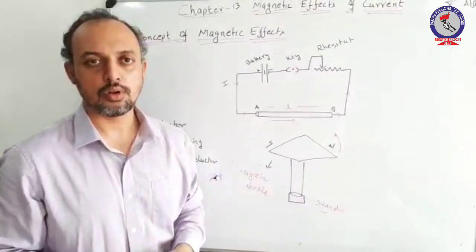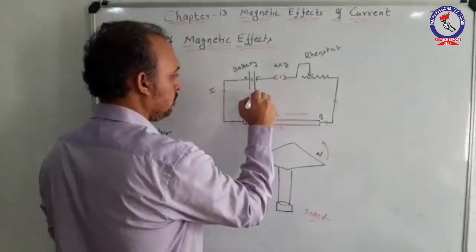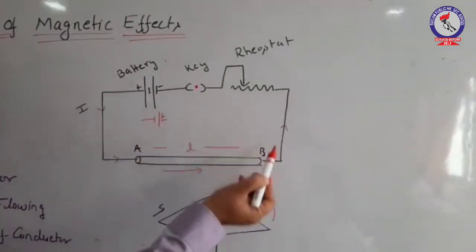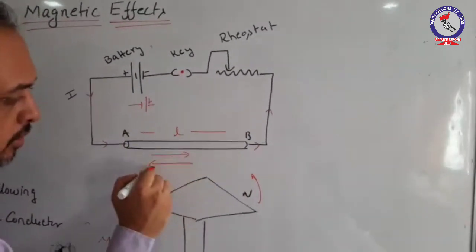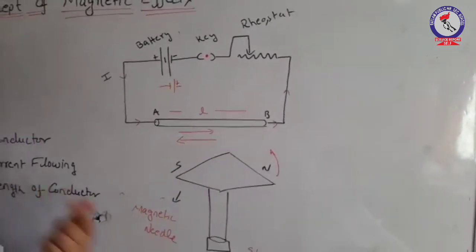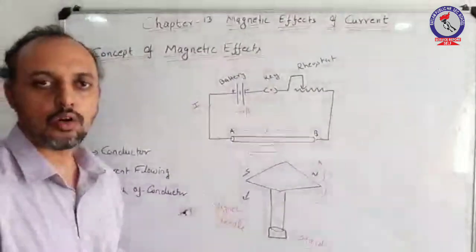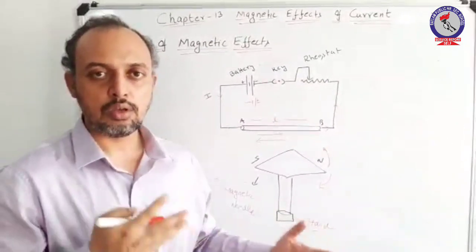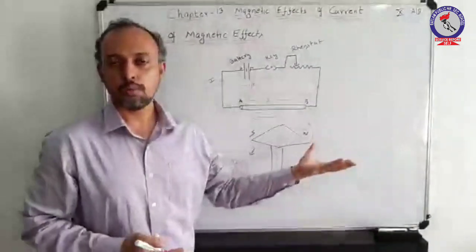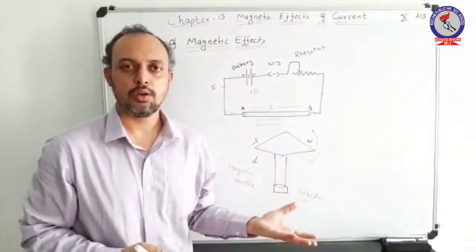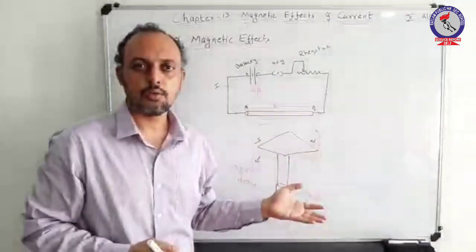On changing the direction of current, that is, on reversing the current, applying the positive terminal to end B and the negative terminal to end A, we observe that the direction of current is changed. On changing the direction of current, the direction of deflection in this given needle also changed. We summarize this with the concept that a magnetic needle can only be deflected by a magnetic field, which simply implies that this current is creating a certain magnetic field.